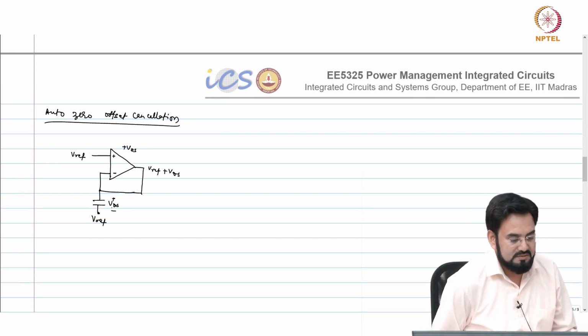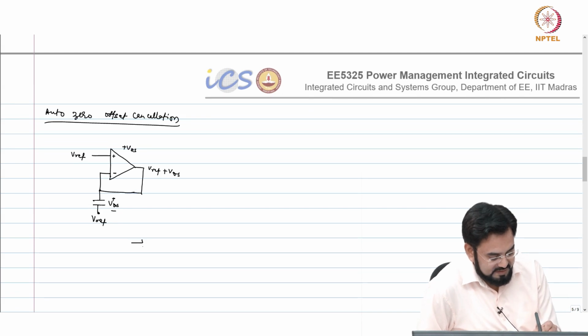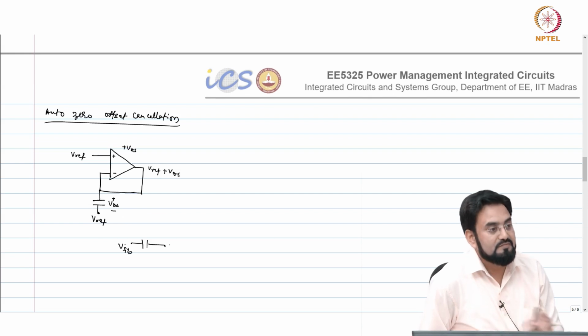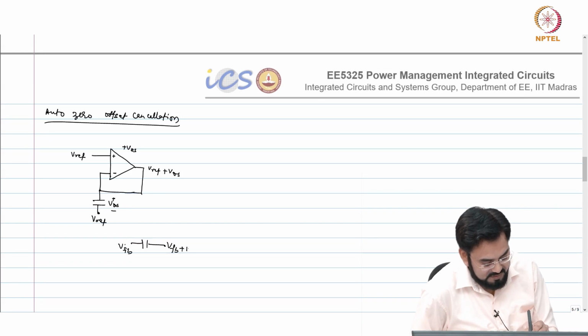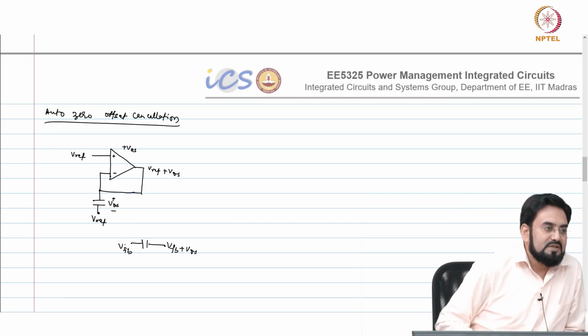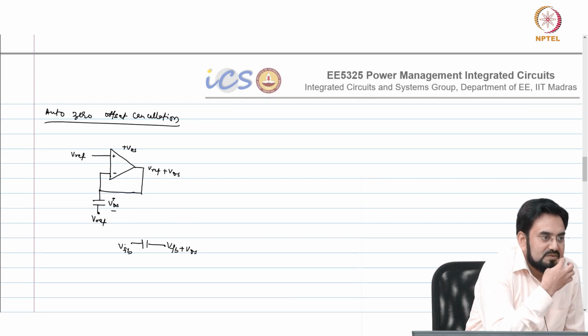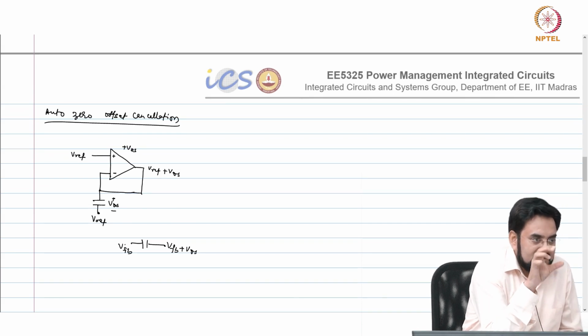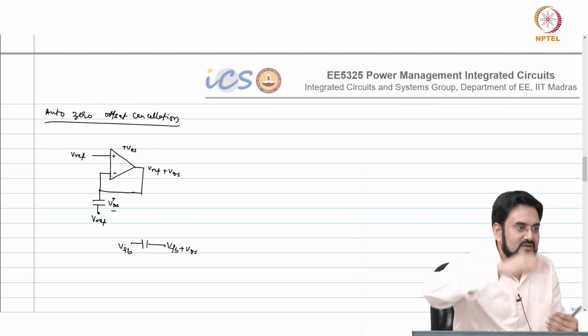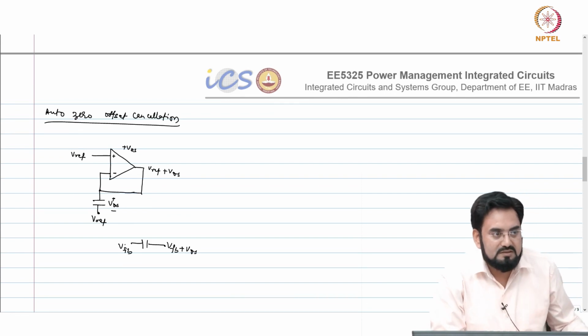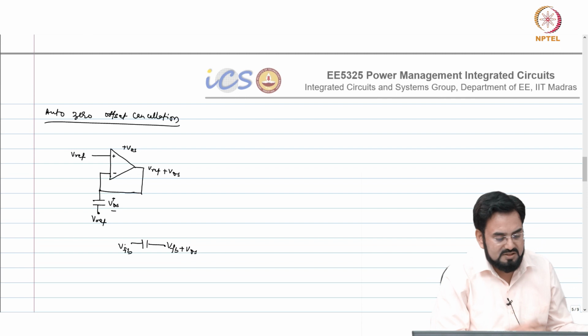Okay. Now if I take this capacitor and apply a VIN here, or VFB, where will this go? V plus, because capacitor voltage does not change. Whatever is stored, it will remain stored. So what you are changing is only the common mode level on which this is floating. Correct. That's how switch cap works actually.